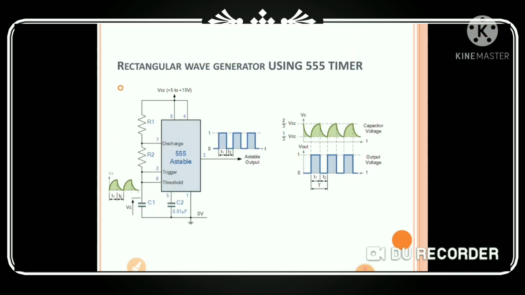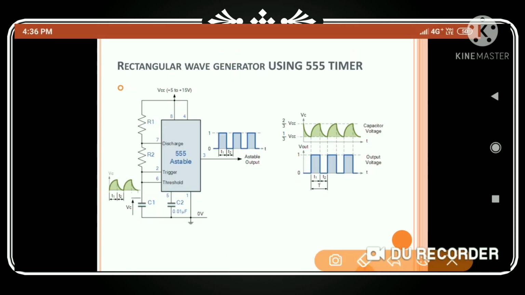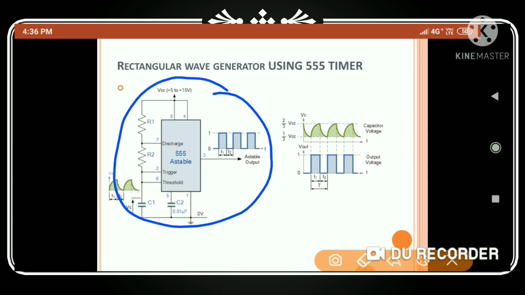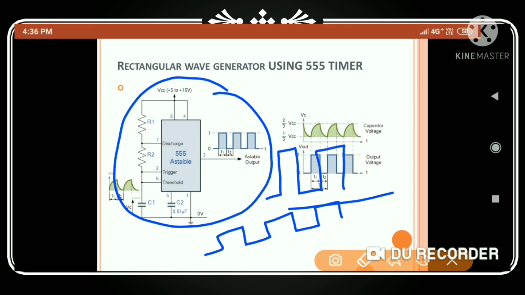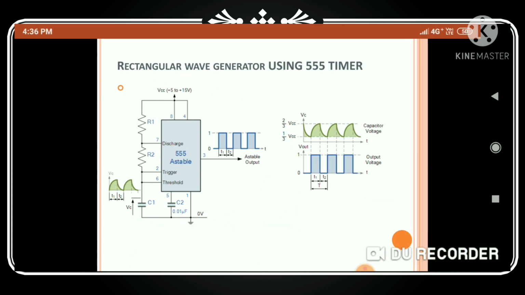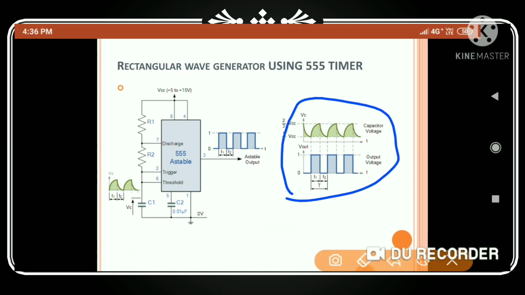Next, the rectangular wave generator using a 555 timer. The diagram is the same. The wave generator is also the same. Only, in the previous case those are exactly square waves, and these are the rectangular waves like this. In both cases I gave the same wave here, because I did not find an exactly square wave in Google. In exams you have to draw exactly square waves for the square wave generator, and rectangular waves for this one.